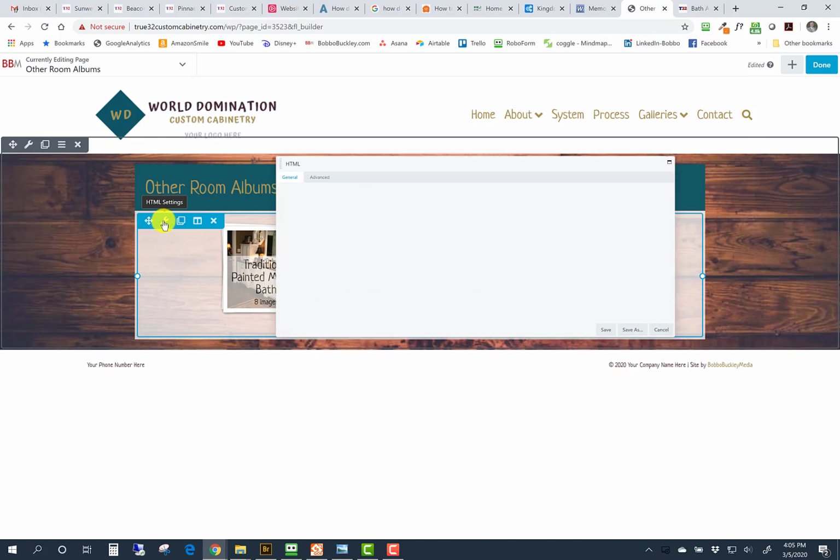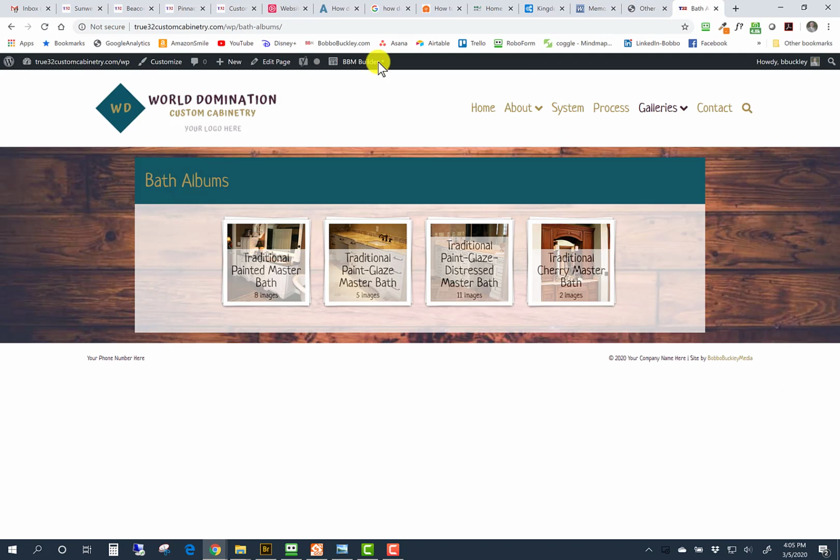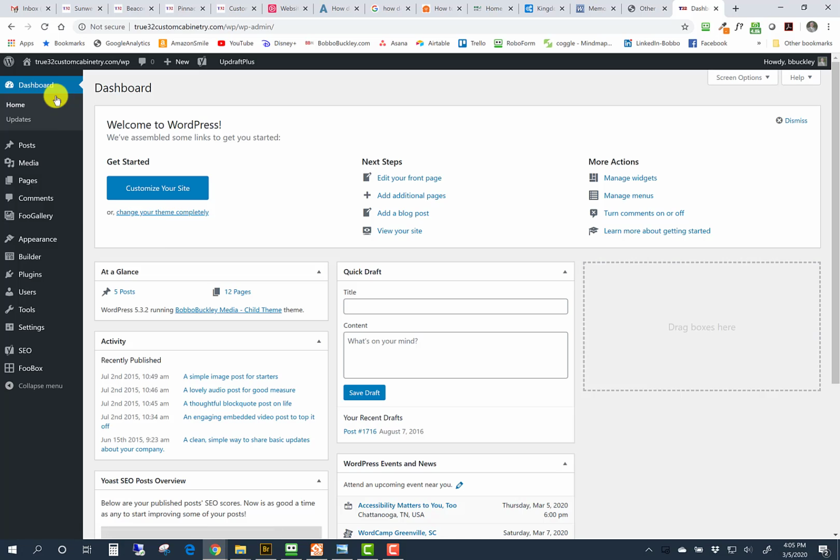and then we don't need any of these albums in here for this one. So we would come here to the wrench, but we've got to replace the short code to be able to do that. So we've got to get to that short code. Now I'm going to pop over here real quick to get to there. So I like to keep 2 windows, maybe even 3 open, so I can get between the dashboard and then being able to view it. But from here, when you're logged in, you'll have this black bar at the top. I'm going to go to my dashboard very quickly,